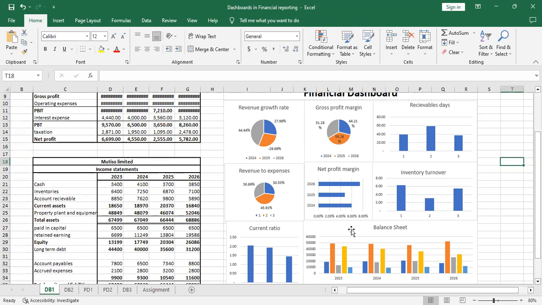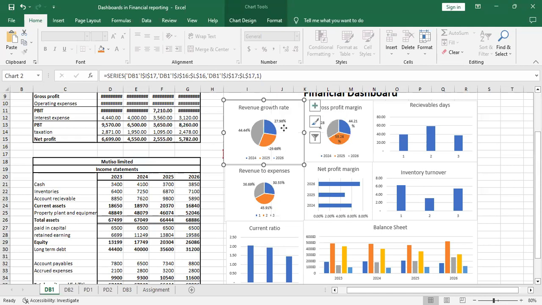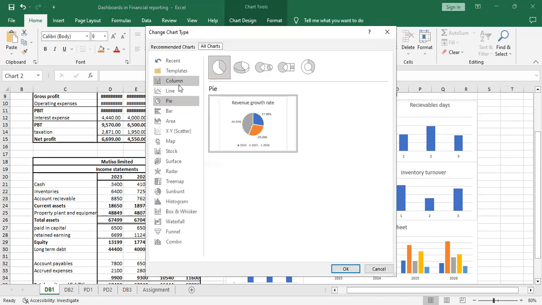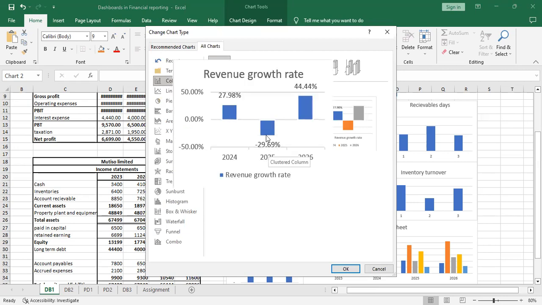And for example, you've selected a chart, maybe for this revenue growth rate. You can see that this chart is not displaying it correctly, because we want to see the growth rate over the period. So this is not the correct chart to use here. You click to the left of the cell, then right click on the chart, then we have change chart type. You can change the chart type to column. And because we also have a negative percentage,